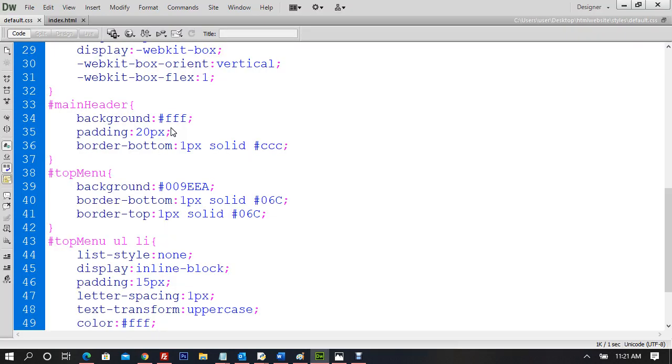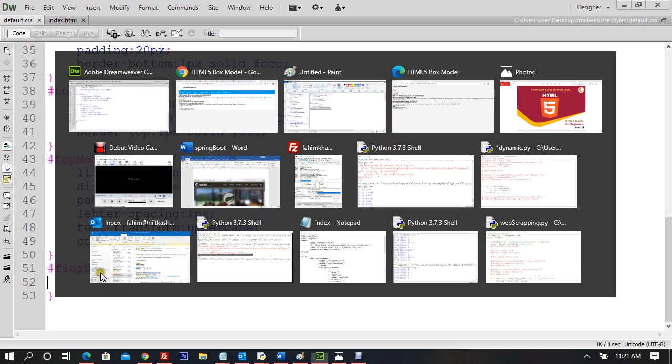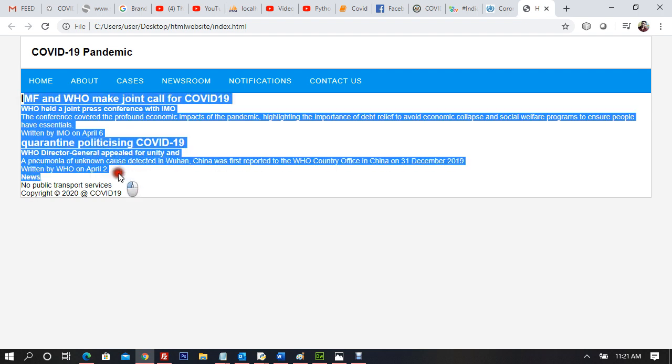Okay, and let us go now to the flexible div that we made. This flexible div is going to take everything, these sections right here, this much. News is the side, so we are going to align it here, and we are going to keep everything else here. So the main rule of the flexible model is that you keep one fixed, to display ads and every single thing, and another div you keep